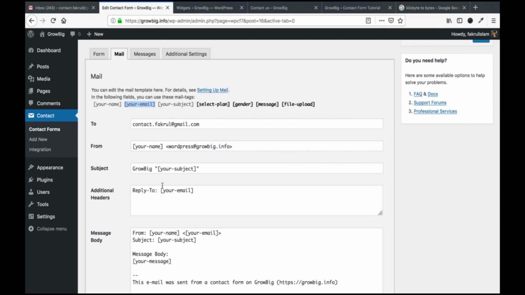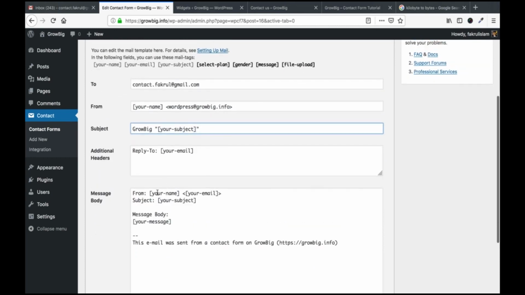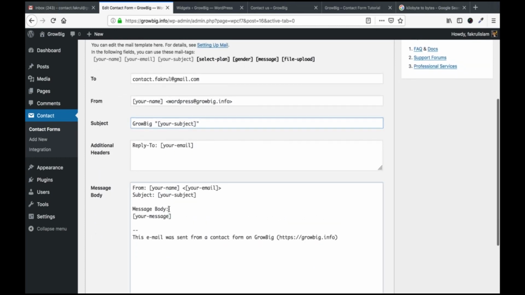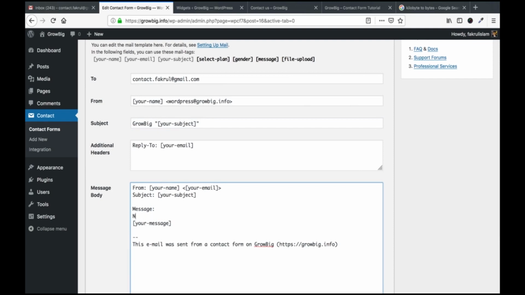If you want to show some default message, you can do it. Sometimes our login or file is not submitted, so at that time you can show a message.